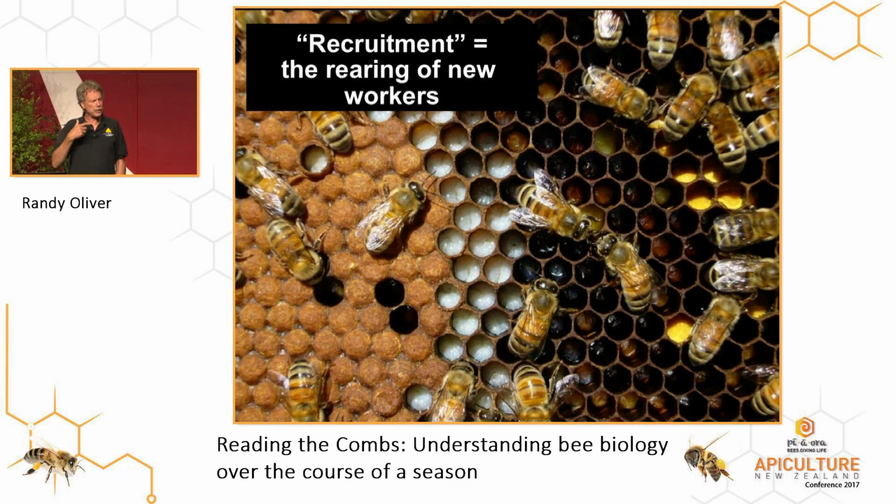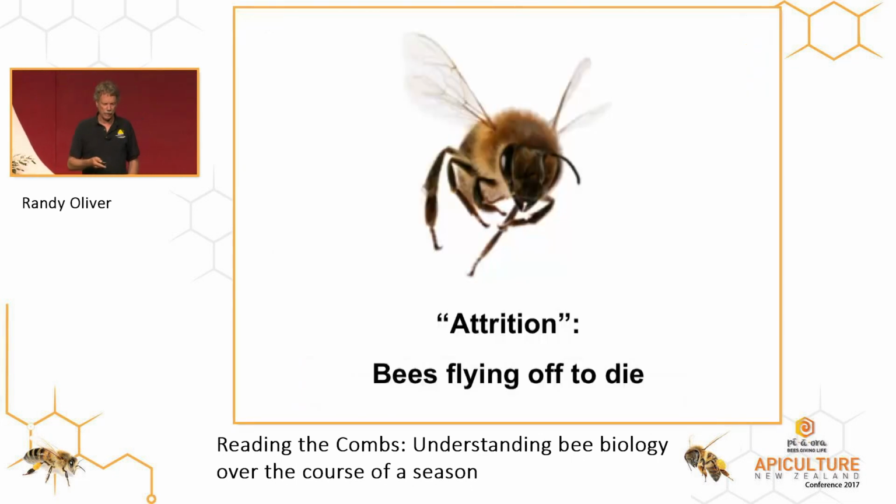And the way that bees deal with most problems with pests, with pathogens, with any kind of pesticides, is simply by recruiting more workers. They just keep producing more workers. As long as they can keep producing healthy young workers, which is dependent largely upon the protein coming into the hive via pollen, they can handle almost everything. The other flip side of recruitment is attrition. And attrition is the bees dying. And they die either from old age or they die from toxicity, die from infection.